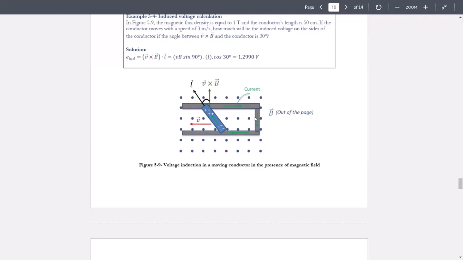Now imagine that instead of moving that bar to the left, you're going to move it to the right. When you move it to the right, your flux is going to decrease, right? Because that closed path is decreasing. Therefore, the polarity should get reversed. The current would be the other way around, so that it tries to increase the flux now. So that's how you can